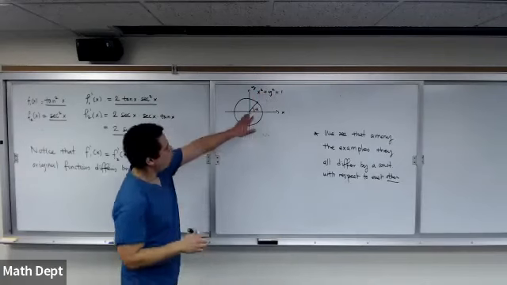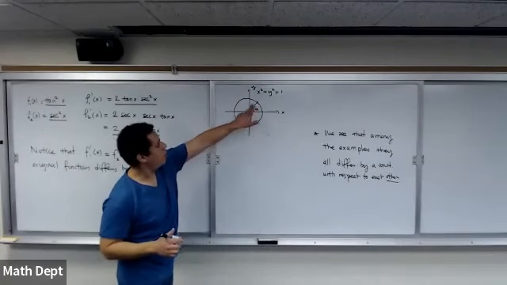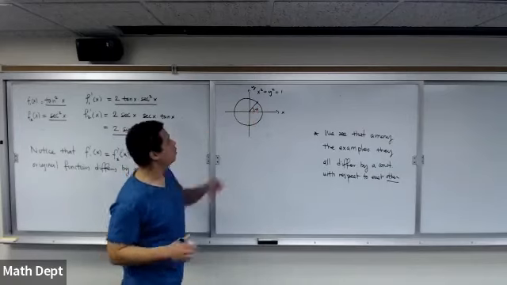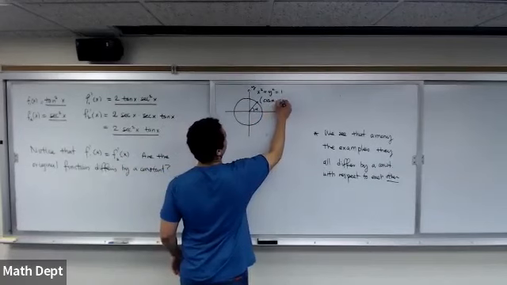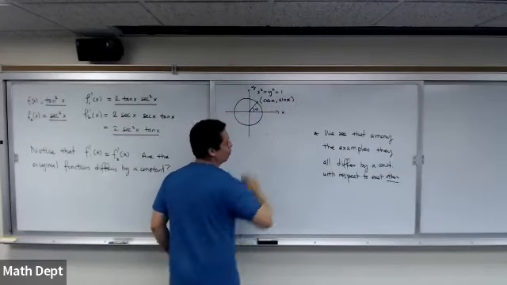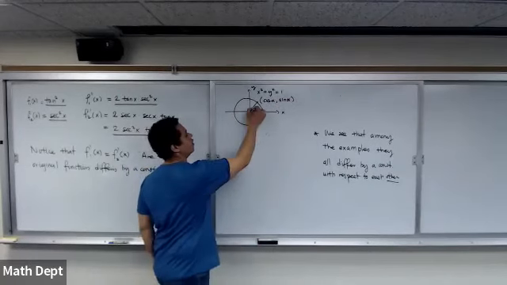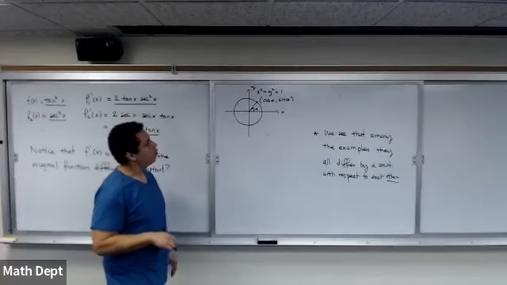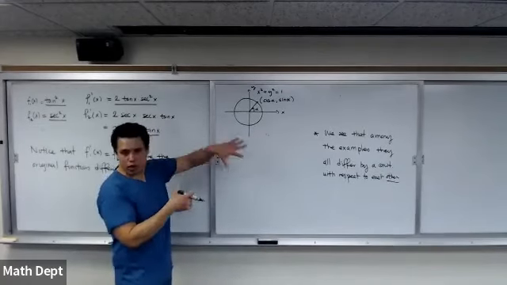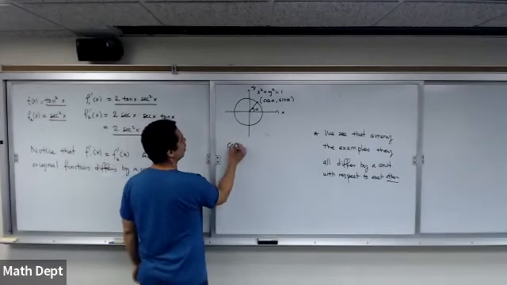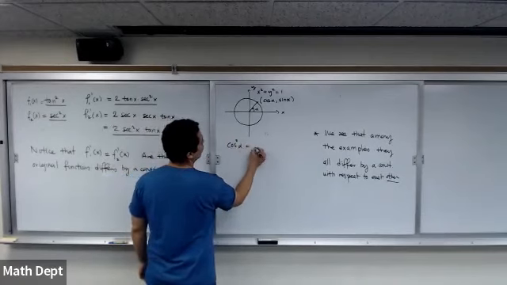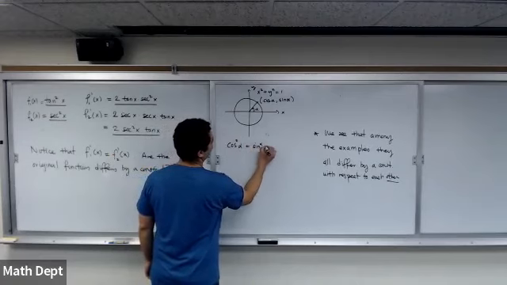Then the coordinate associated with this angle on the unit circle would be given by cosine of alpha, sine of alpha, right? For this directed angle that we have here. Well, what is the meaning of that? Well, we can translate this into a trigonometric identity, which is that the cosine of alpha squared plus the sine of alpha squared